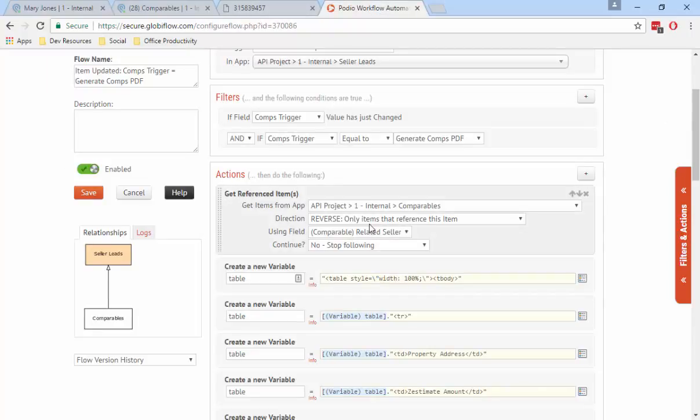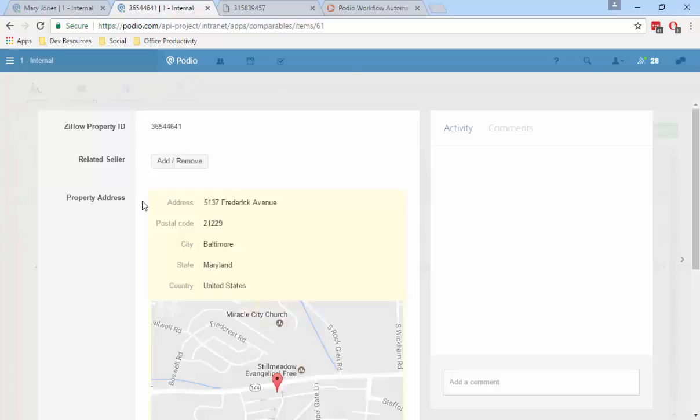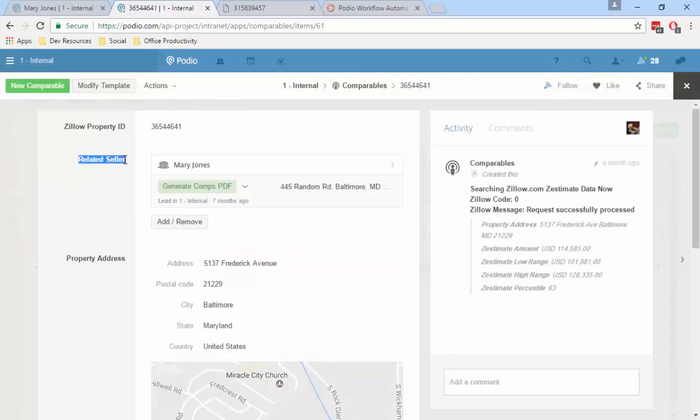So if the relationship field is on the seller leads app and that's referencing my comparables app, direction will be forward. And using the field related seller, which is basically this field right here,